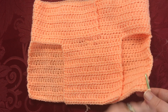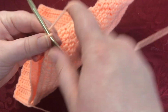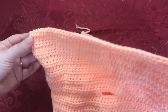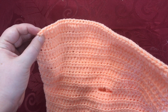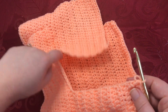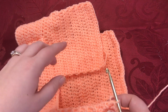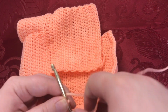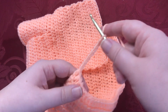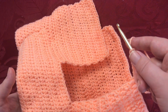And now I will chain 1 and turn my work, and then half double crochet all the way down one more time. So half double crochet all the way down to this side. From here we are going to make a chain half of the number of these stitches. So I did 12 stitches here, so I'm going to do a chain of 6. 1, 2, 4, 5, 6. So again, that is half the number of these stitches that we left for our arm, well,